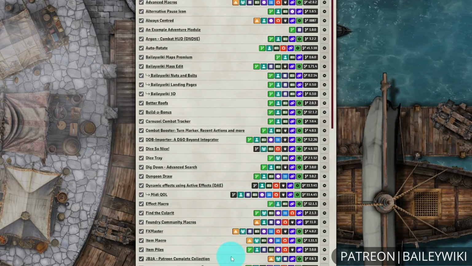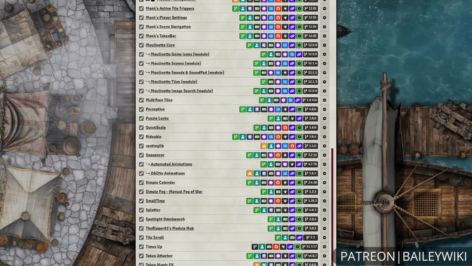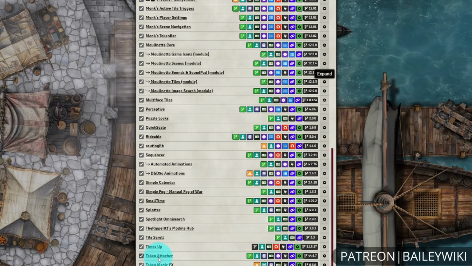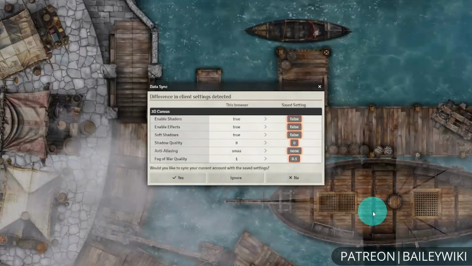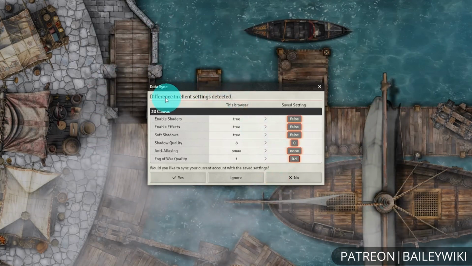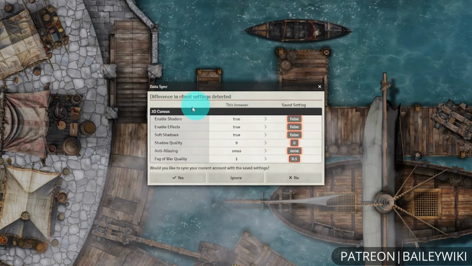That's not everything though. So let's say we change some settings when it comes to our baseline. So if I go into 3D Canvas and I want to change the graphic settings, this is just the default, very low. My machine can handle very high, so I'm going to go ahead and change it to that, which is going to require a reload. Upon reloading, I'm going to get this data sync pop-up. That's going to tell me that there's a difference in client settings detected. And this is going to tell me